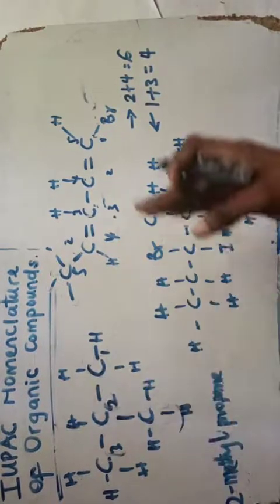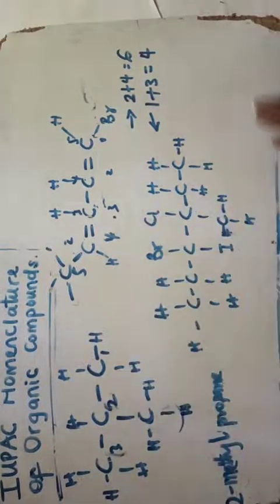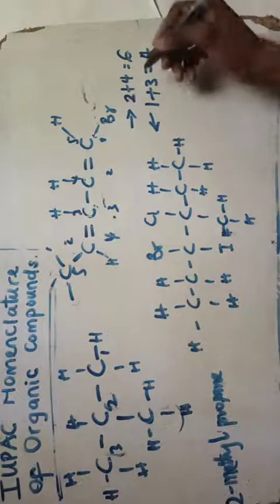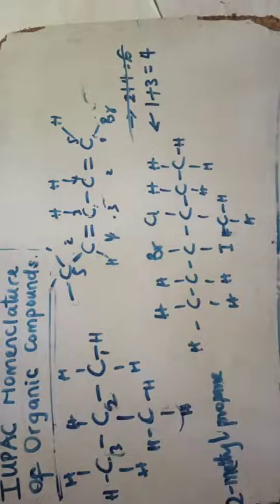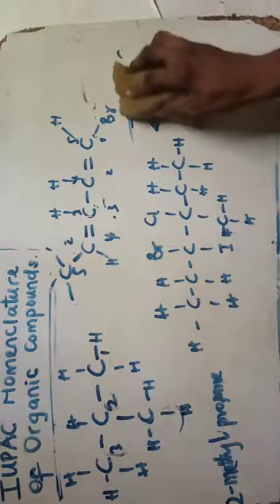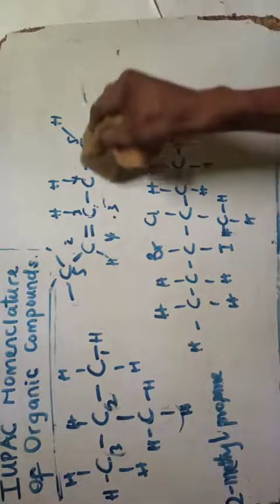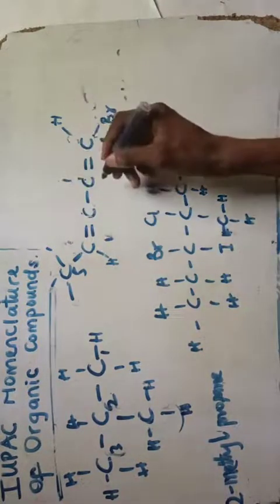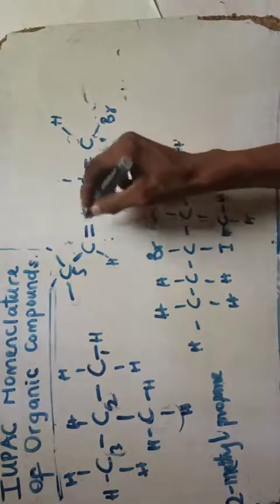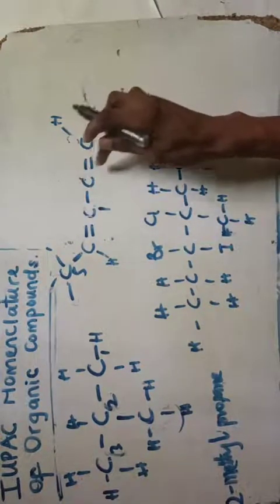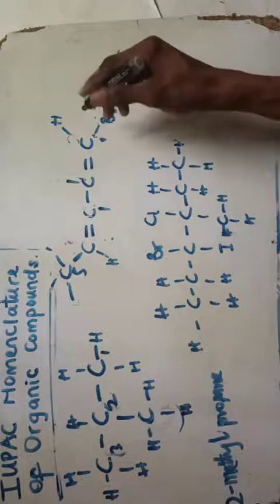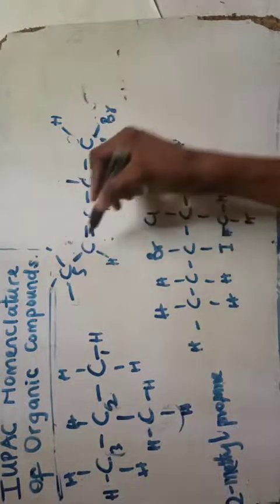That is why by default you can't count it like this and number like this. So you see this 4. So this already cancels this counting from my right hand side. So the recounting or the renumbering using that IUPAC nomenclature rule will now be: I have my hydrogen 1, 2, 3, 4, 1, 2, 3, 4, 1, 2, 3, 4, 1, 2 here, 1, 2, 3, 4, 1, 2.